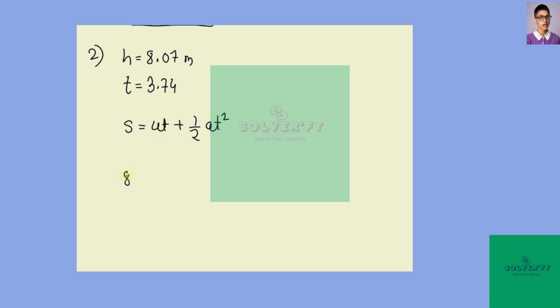So 8.07 is equal to u times 3.74 plus 1/2, a is 9.8, and this will be minus because gravity is acting downwards, so minus 9.8 into 3.74 squared. From here, if we calculate u, it turns out to be 20.48